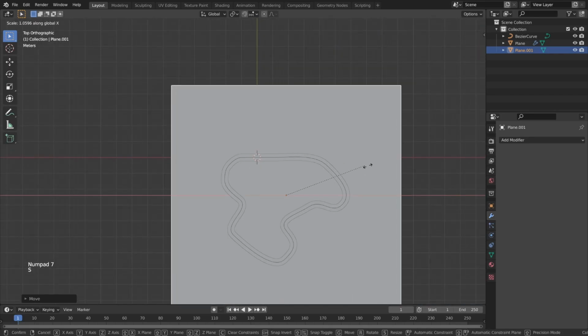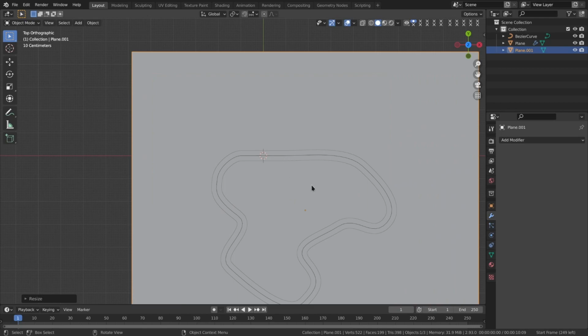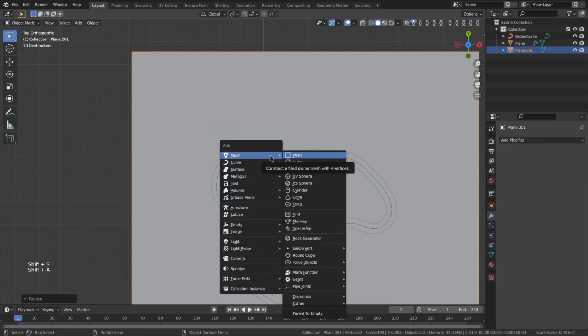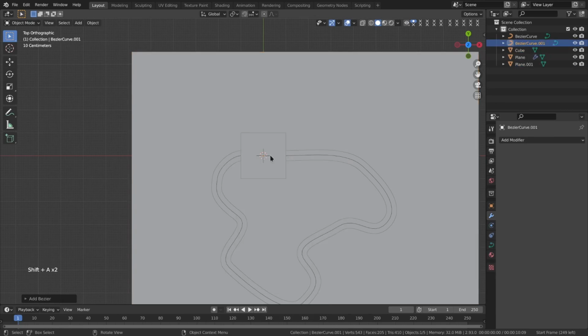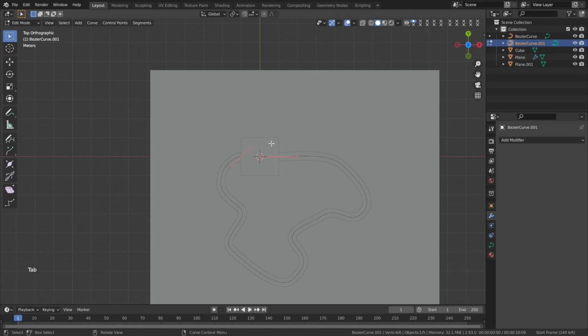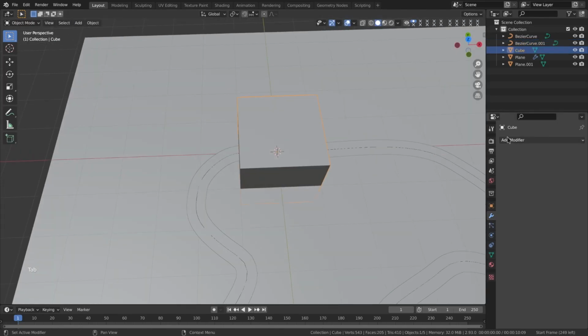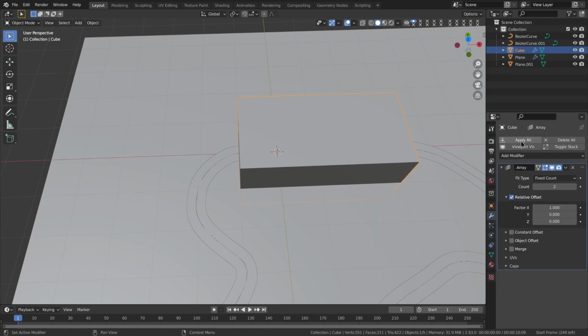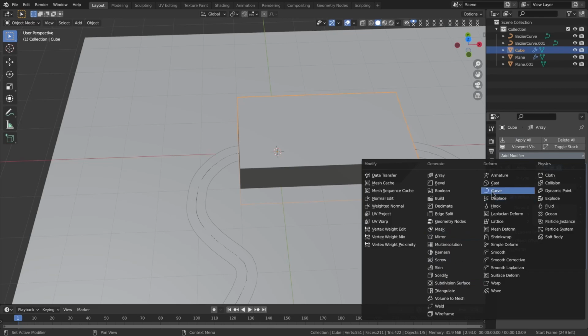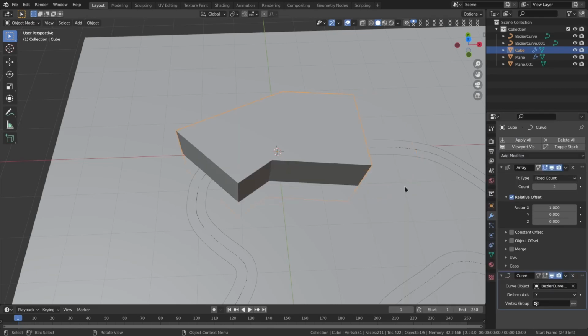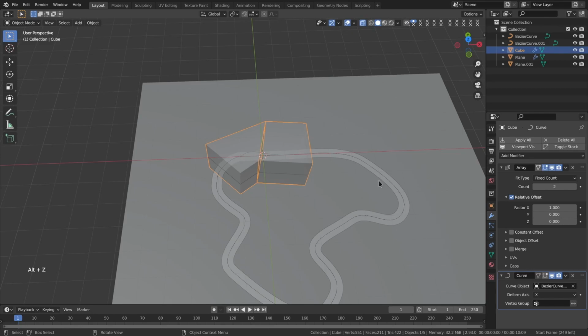Now we have this, we want to scale it a little bit up, and we want to make the inside walls and such. So now, the easiest way to do this I have found is just Shift A and add in a cube and add in another curve. Now this curve will be the inside for it, so it doesn't have to be anything too special, and make sure we add array, then add modifier curve, Bezier curve 01, Z, numpad 7,